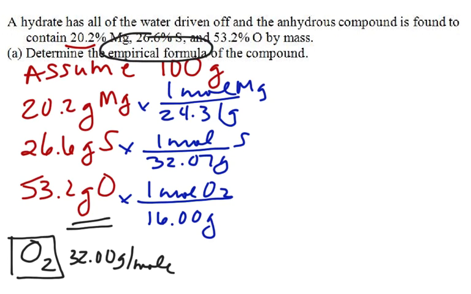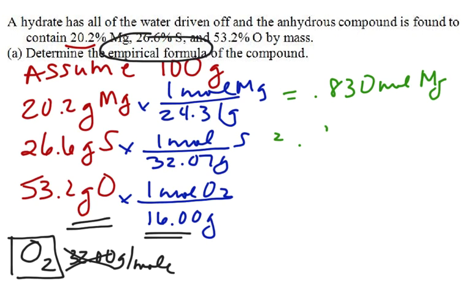So in this case, we're going to use not the molecular weight, but the atomic mass. This is the one time where we do that. So we work out answers, and we find that we get 0.830 moles of magnesium, and we get 0.829 moles of sulfur, and we get